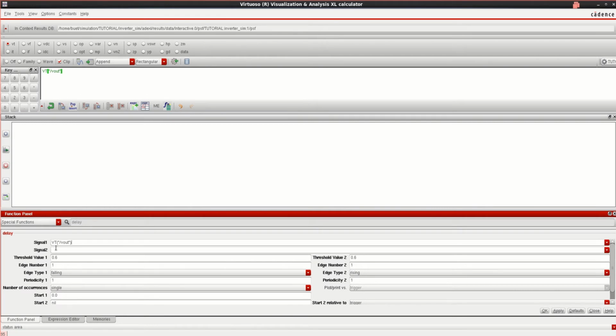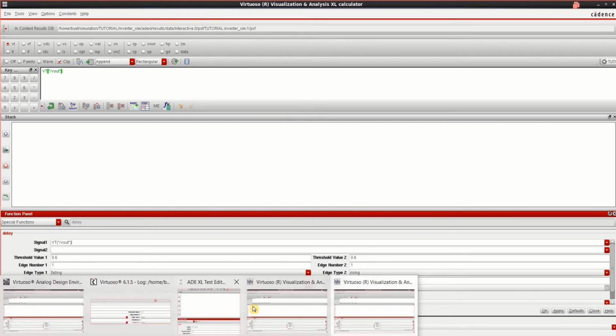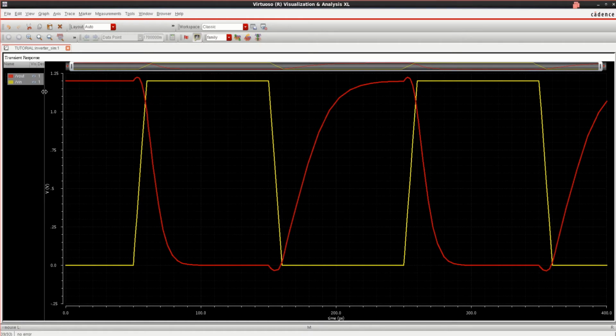The first signal, if you see the output waveform from the visualization window, is the input signal. Initially it is rising and the output is in a falling mode. In the next edge, the output is rising and the input is falling. So you have to remember that initially the input is rising, then it is in a falling mode. Output will be vice versa.